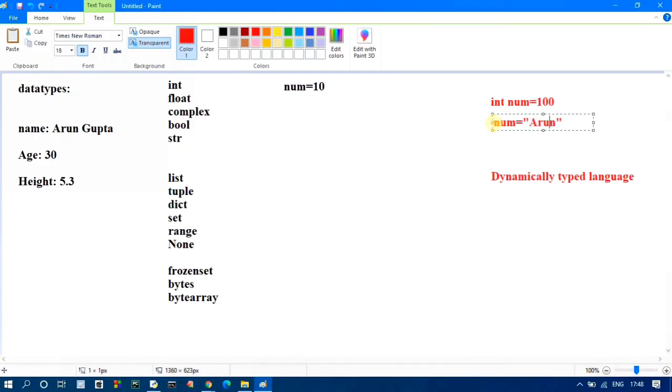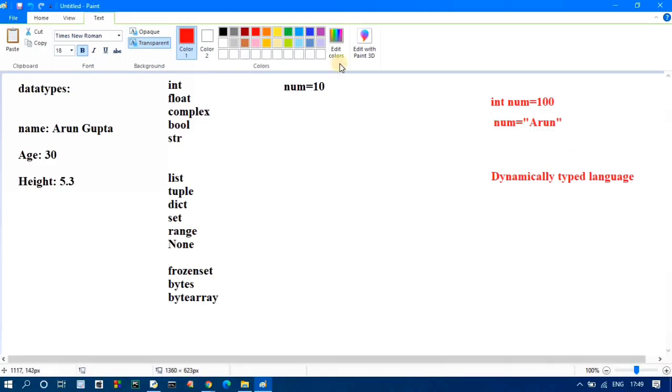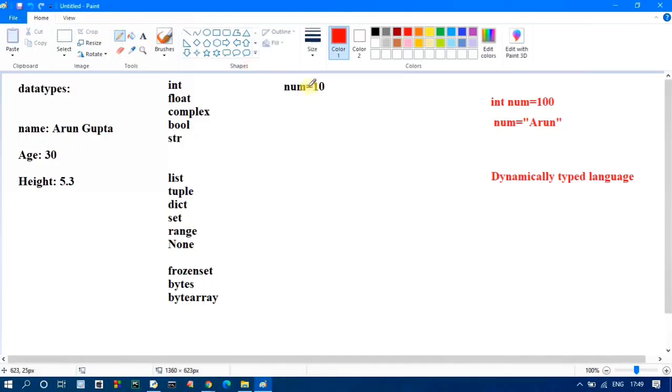In that case, because num is already registered as an integer variable, the other language says, "Hey, what are you doing? This is a wrong concept. You cannot assign a string value to an integer variable. This is not possible." But in Python, what happens here?